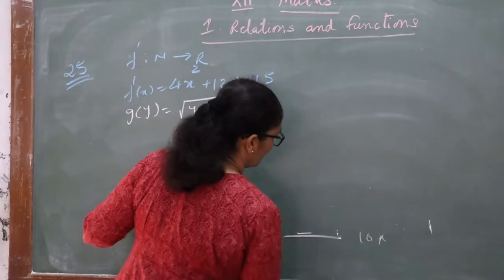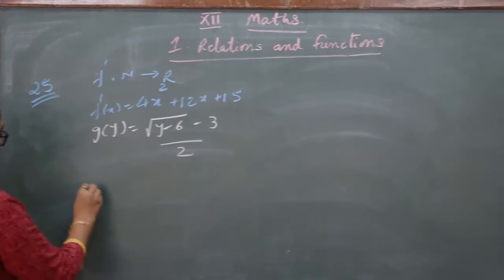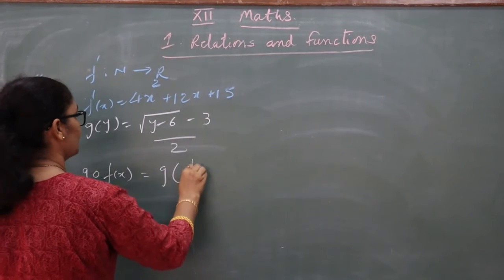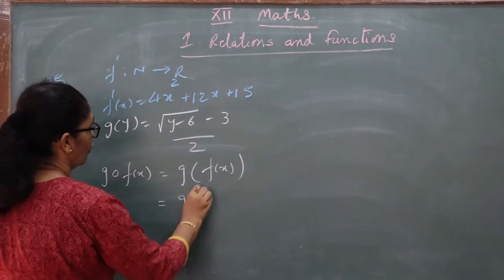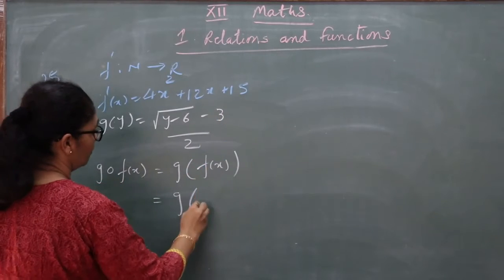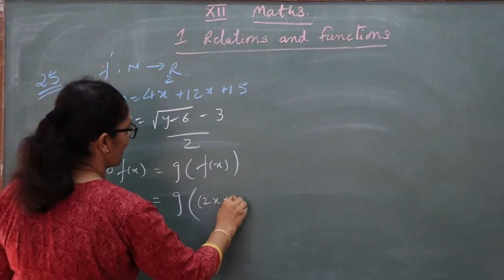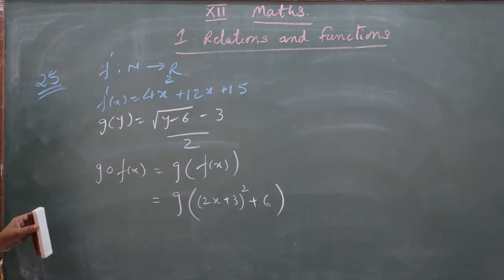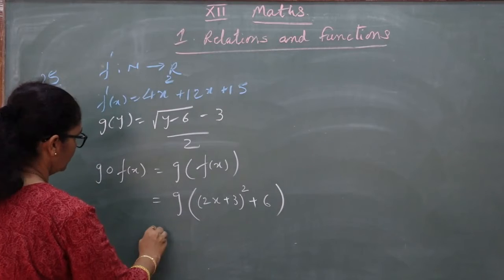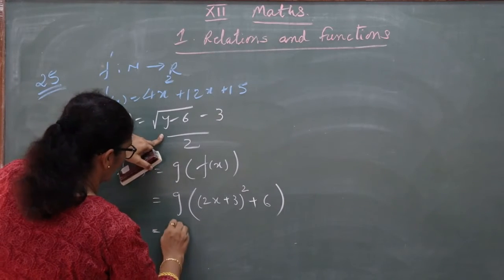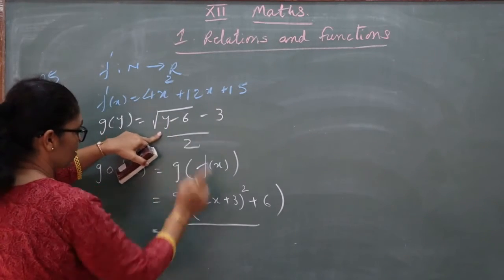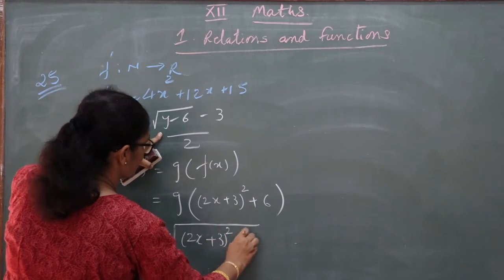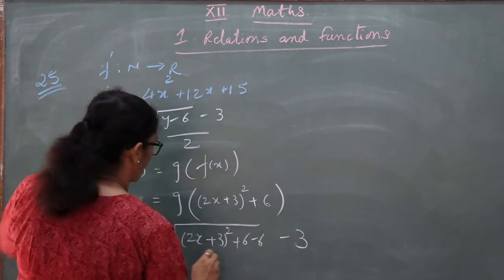Okay, now let's come to g over f. So g over f of x. So g of f x we are taking. So what is your f x here? Full this term, but we are writing it like a plus 6 this way only, right? Because we have arranged this term. Now put up here. So how can you write? In root, on place of y, we can write (2x plus 3) whole square plus 6 minus 6 minus 3